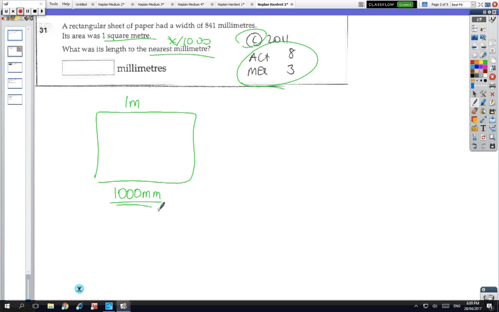Okay, so with the clue I gave you, 1 meter is the same as 1,000 millimeters, so it's going to be 1,000 millimeters on that side, and so when you multiply those two together, you get 1,000,000 millimeters squared. So that's what 1 meter squared looks like. Now, if one of the sides is 841,